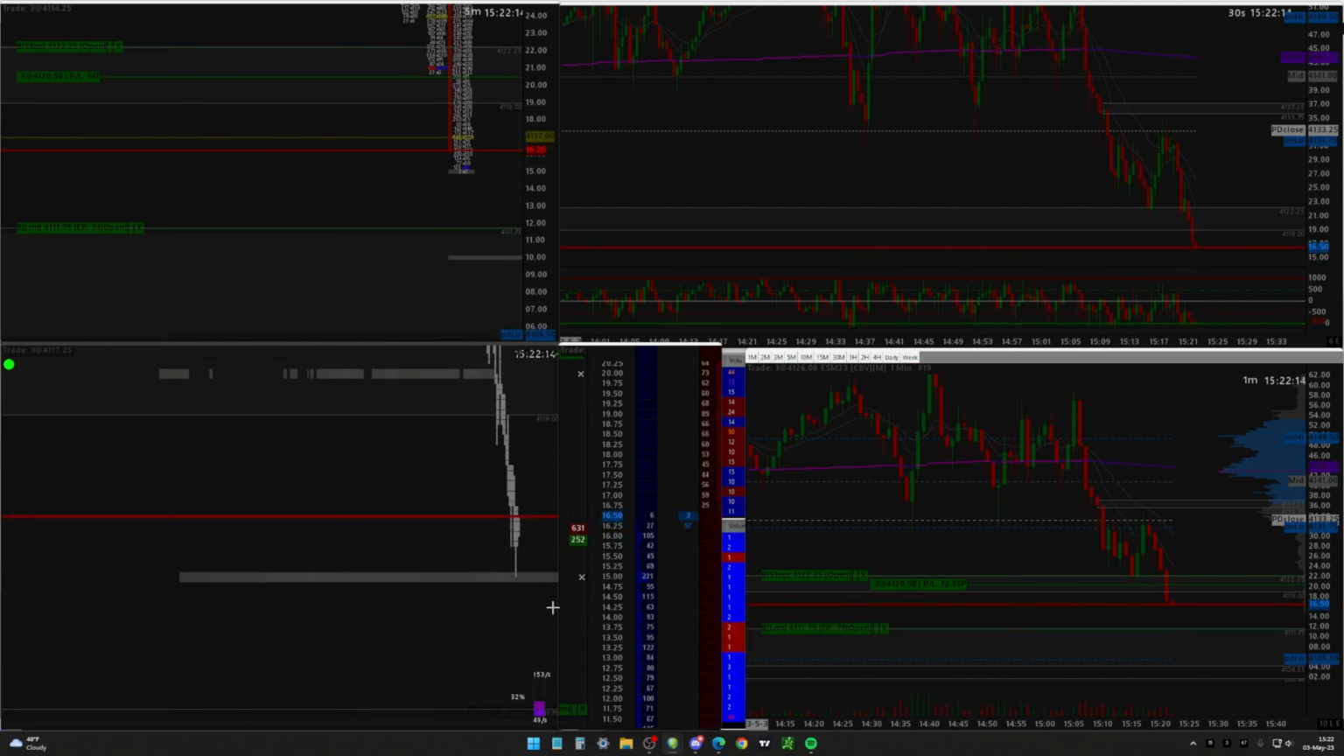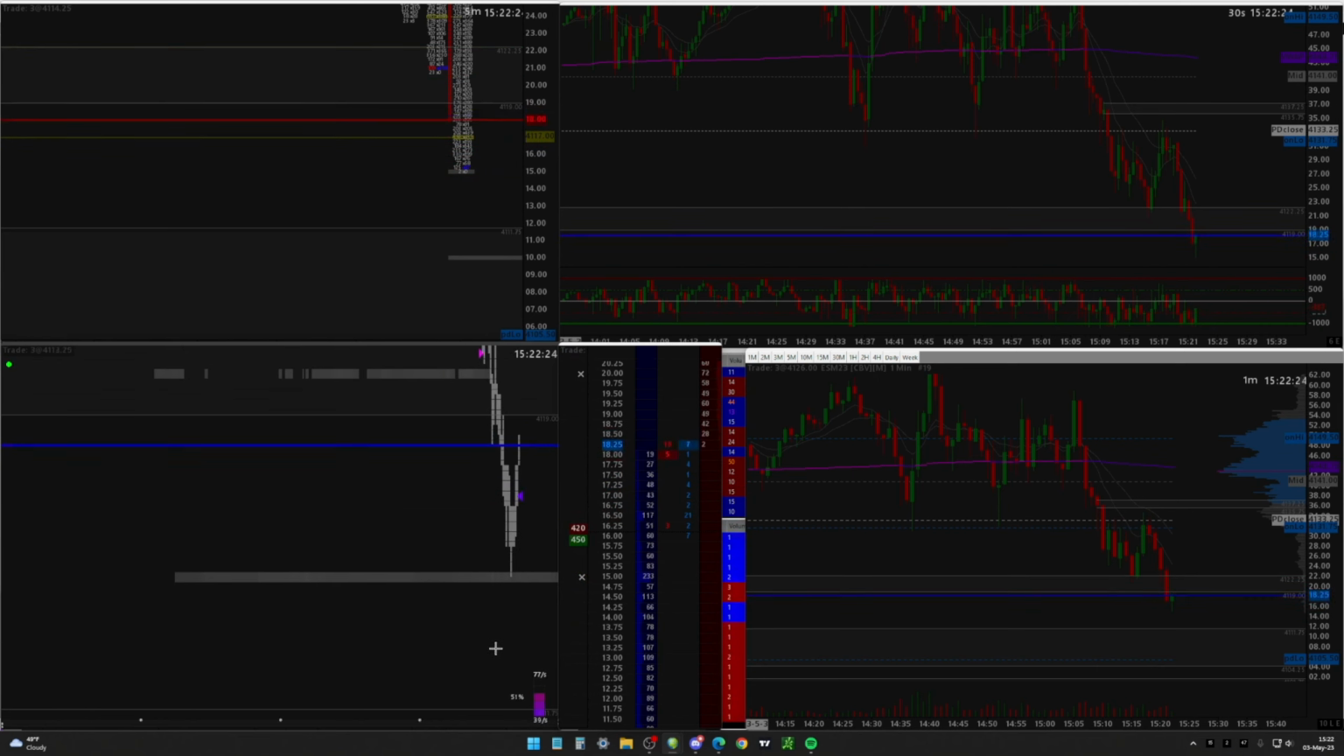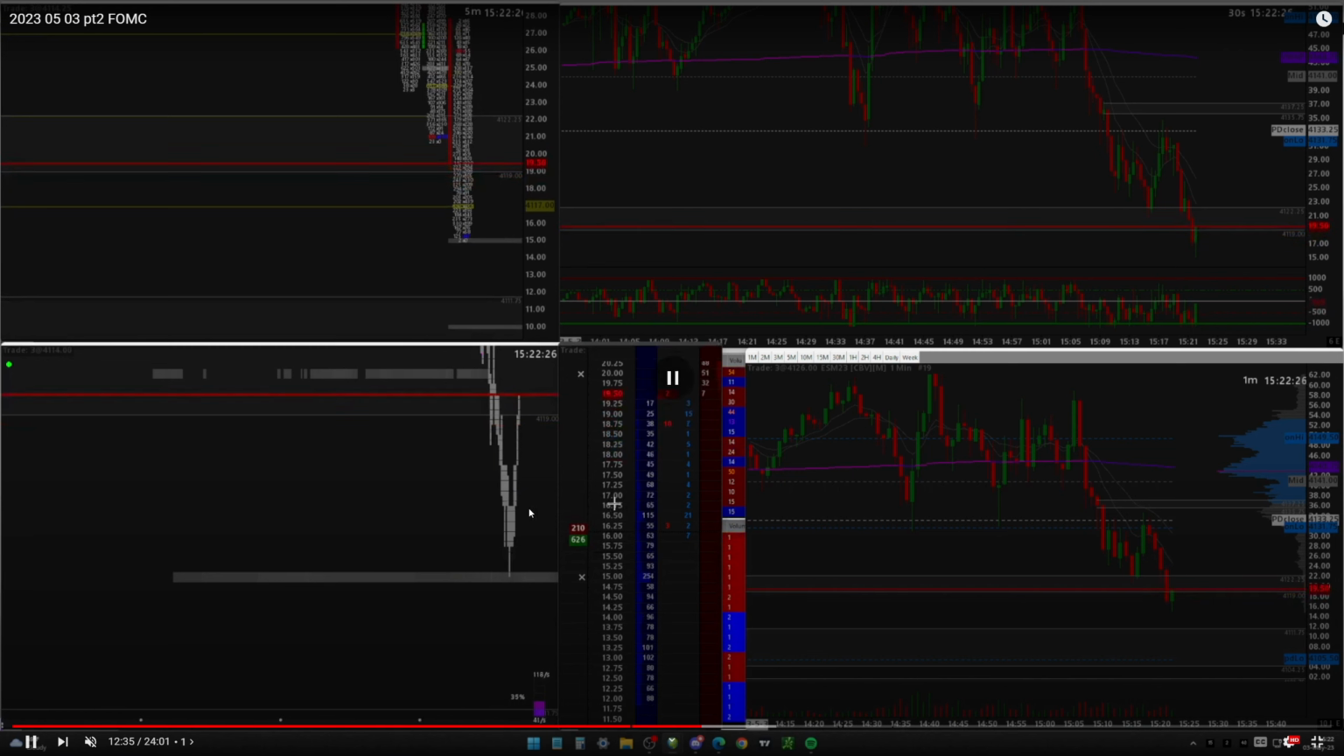Drop any comments if you trade the NQ and you trade the DOM or order flow and have any ideas or what you do. I've heard of other people that trade the NQ, watch the ES DOM. Nice little micro scalp entry. Not the best exit, but